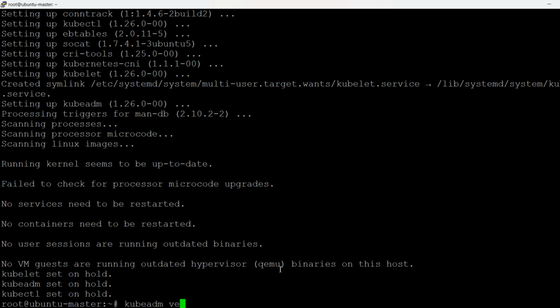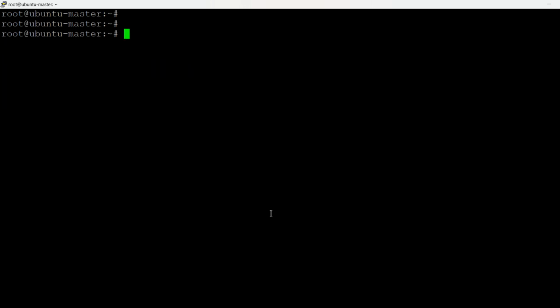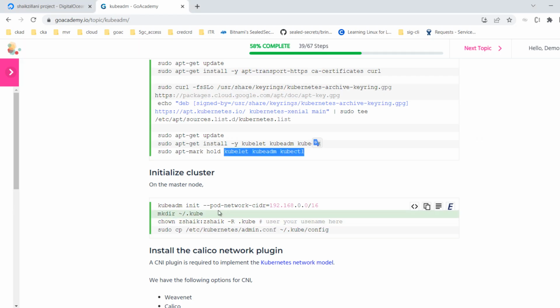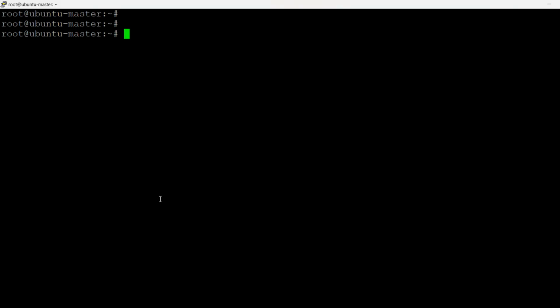It's better to check on both sides. Make sure that we have downloaded the same version on both places. Okay, now let's initialize the cluster using kubeadm init. This has to be done on master node. Okay, kubeadm init